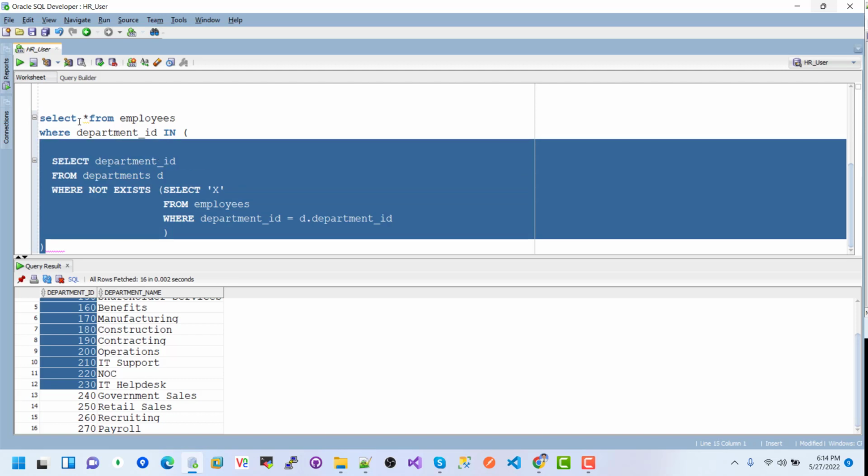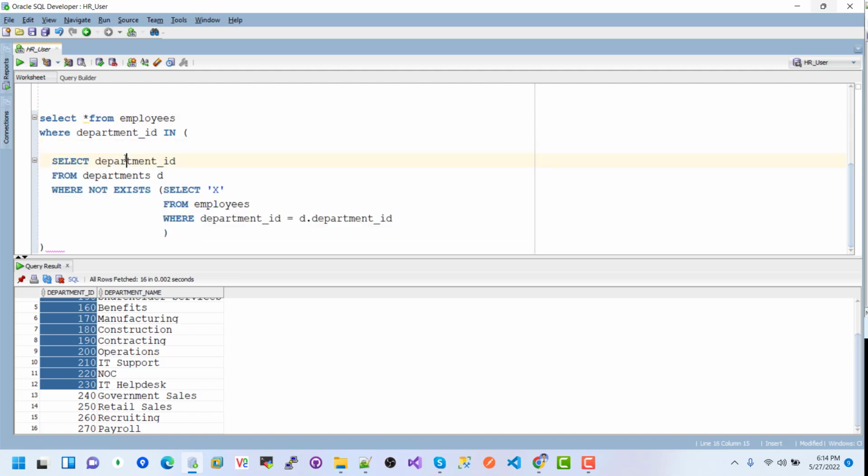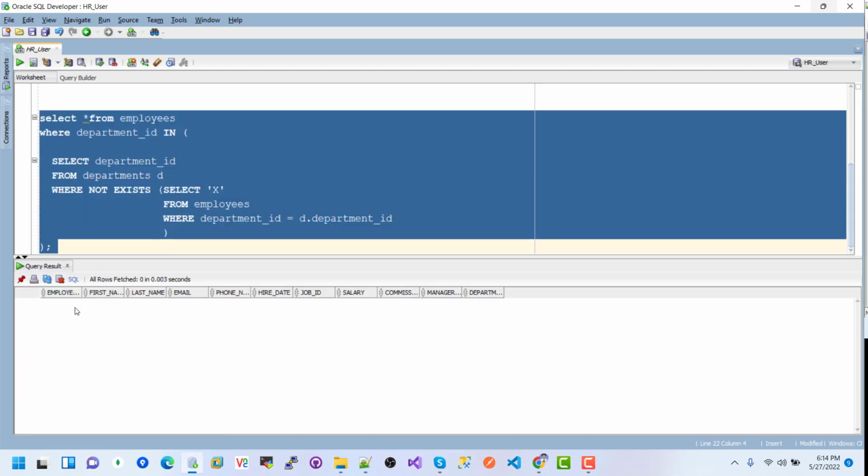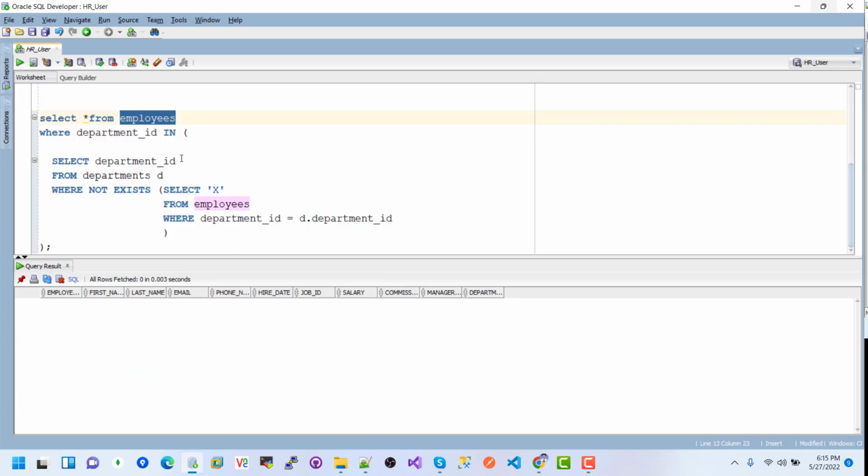So if I execute this query snippet, we will have no departments without any employees, because there are no employees associated with this employee table. Here is the result that we expect from the NOT EXISTS operator. So in this way, we can use EXISTS and NOT EXISTS operators